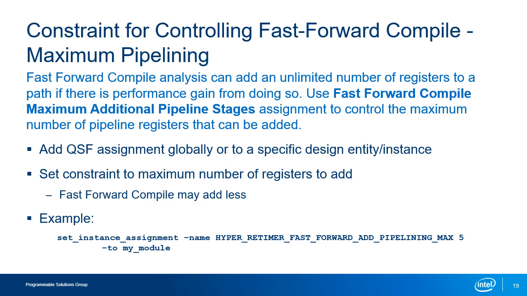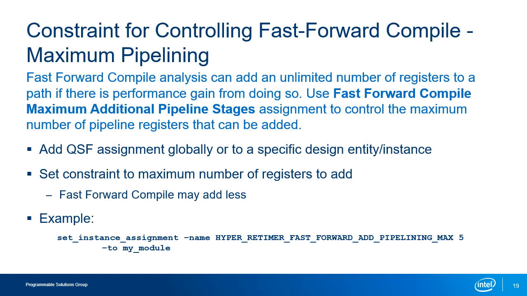Like with hyper-retiming, fast forward compile provides a constraint you can use to control your hyper-pipelining analysis results. This constraint is called fast forward compile additional pipeline stages in the Intel Quartus Prime UI. The default for this setting is -1 or infinite, meaning the fast forward compile can add as many registers as it needs in order to improve performance. Using this constraint, though, you can prevent your fast forward analysis from recommending more pipeline stages than you can potentially